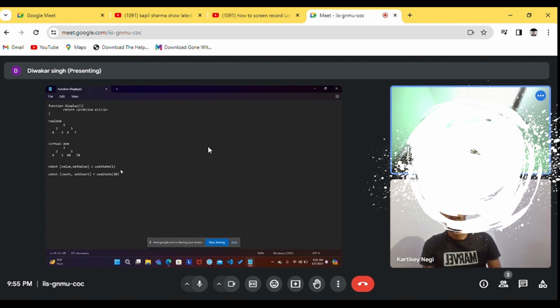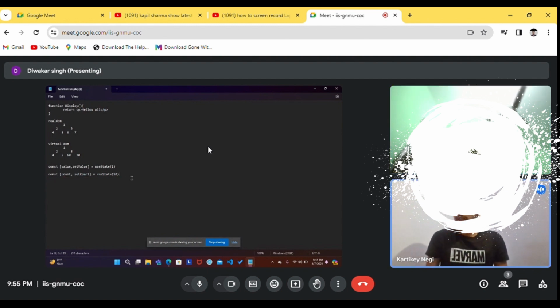Okay, done. So here, using the useState hook, we can declare our state. I declared a variable or a state named count and declared a setter function. So in this way we can declare it.